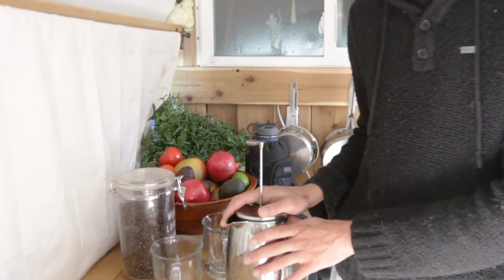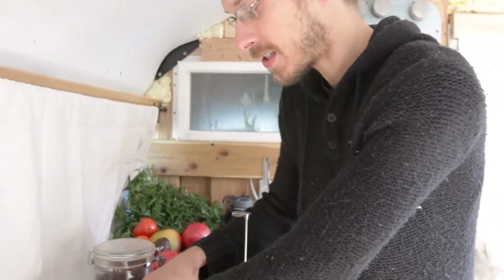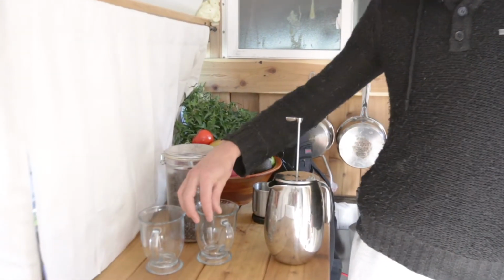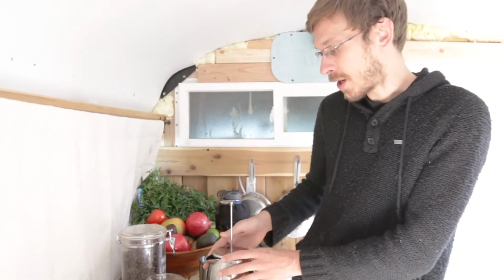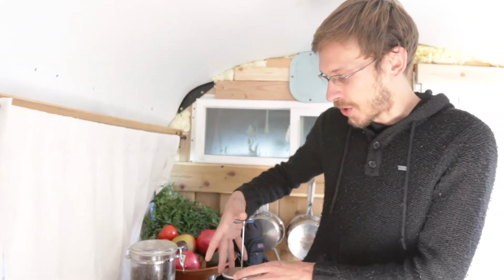Now at this point, I like to think about how much coffee I'm gonna be drinking. Since it's the two of us, we're gonna be killing it. We're gonna drink this whole press. So we can push it down all the way. But if it's just yourself, this double-lined French press keeps coffee really warm for a while. So what I like to do if it's just me is I'll push it down just enough to pour out 1 glass and then let the rest of it keep percolating in the bottom and keep getting more and more rich and more strong down there. If you don't like a really strong cup of coffee, I don't recommend that, but it makes the second cup a nice pick-me-up. But we're gonna go ahead and push it down all the way